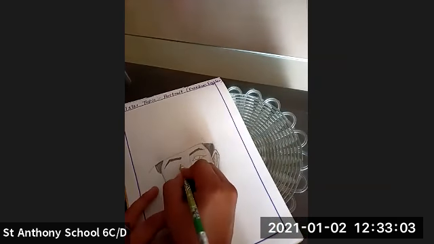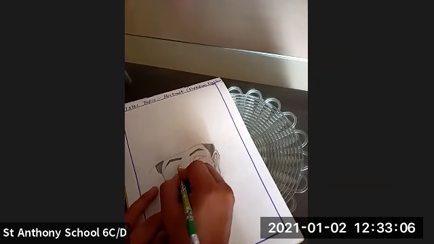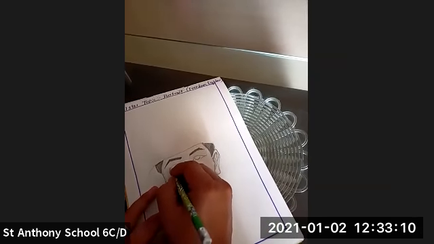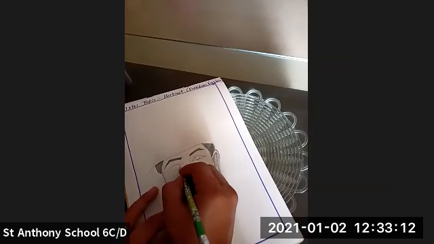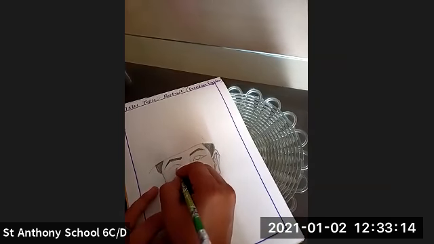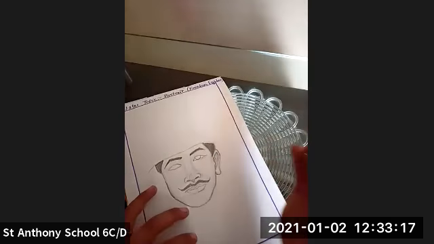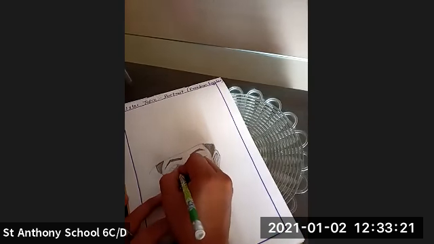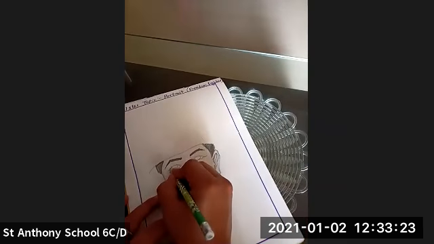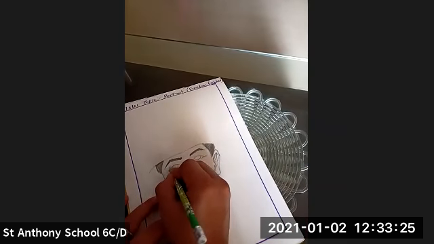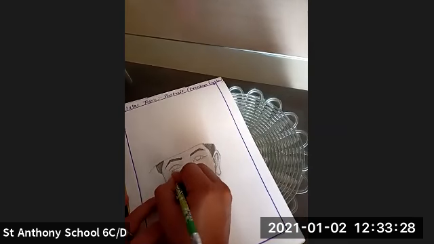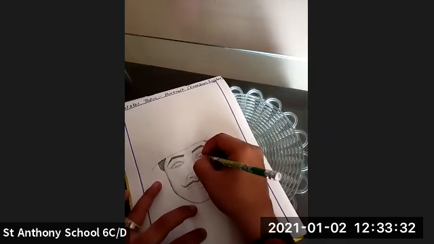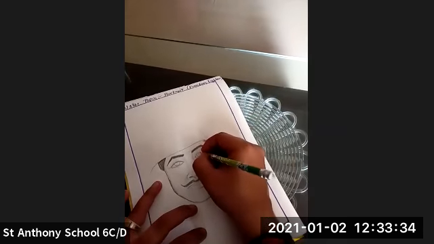This is how you're going to make the eyes. Yes, this is how you're going to make the eyes, and here comes the eyeball. Yes, so here we have made the eyes, and now we are going to shade the eyeballs.